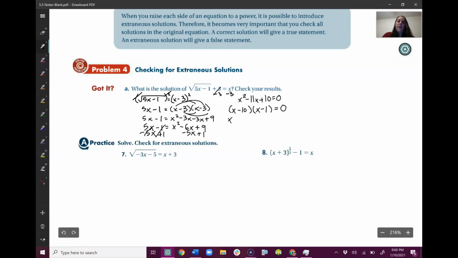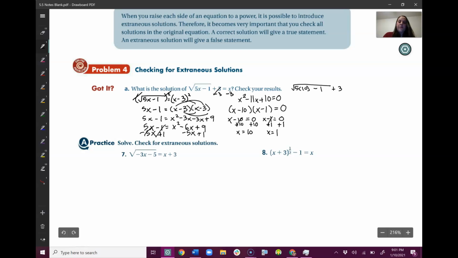Check. And now that I factored it, I set them both equal to 0 and then solve it. So these are my two solutions. But just like we did before, it is still extremely important that we check those solutions and make sure they're not fake. So let's plug them in. So let's take the 10 first. So I've got square root of 5 times 10, 5x, minus 1